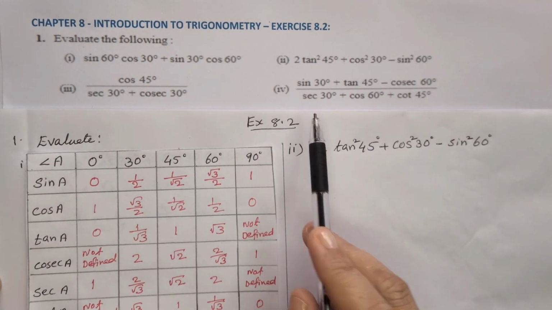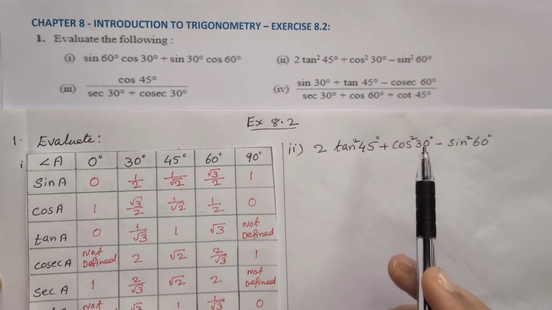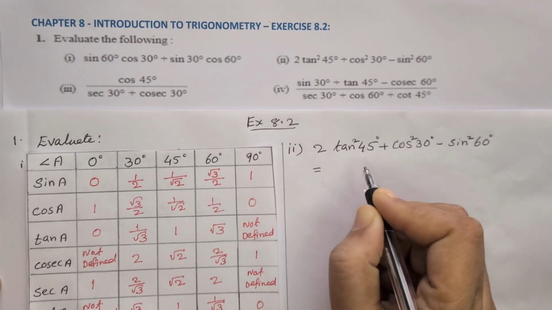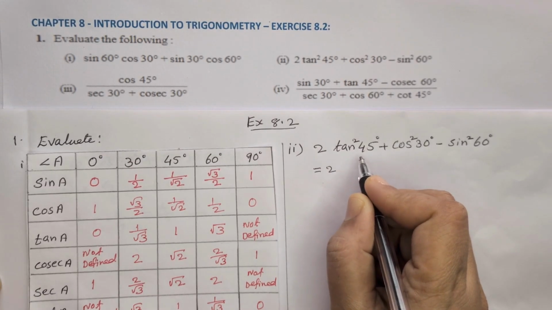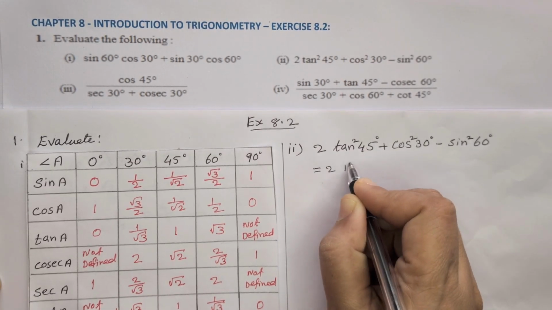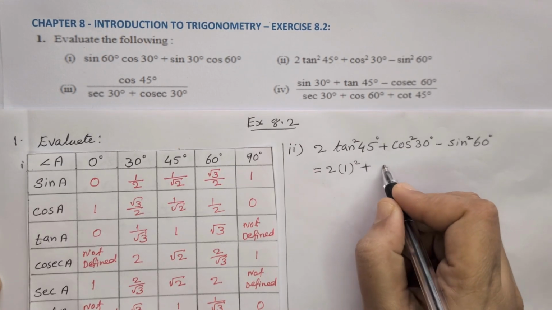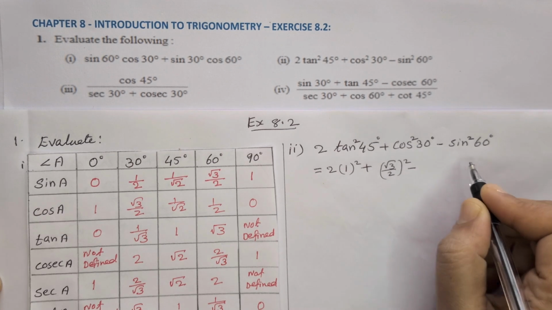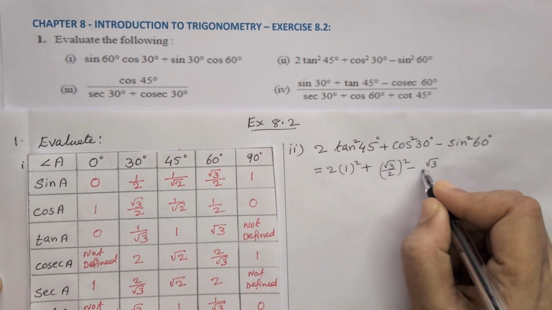Now second one, 2 tan square 45 plus cos square 30 minus sin square 60. Again from the table we have to write the values of these ratios. 2 into tan 45, that is 1, so tan square gives 2 into 1 square, plus cos 30 root 3 by 2, so root 3 by 2 the whole square, minus sin 60, that is root 3 by 2,